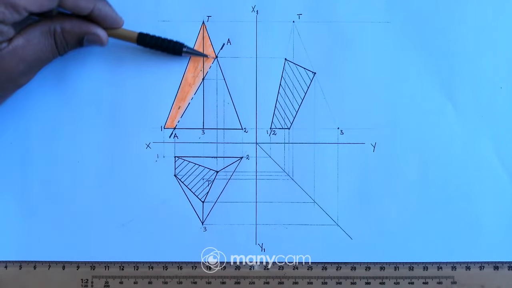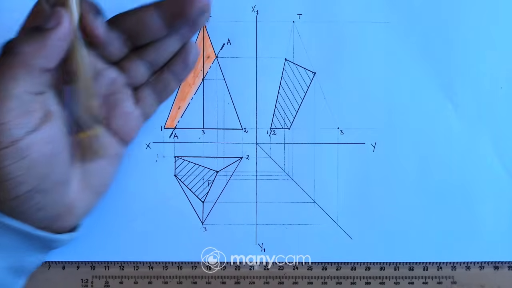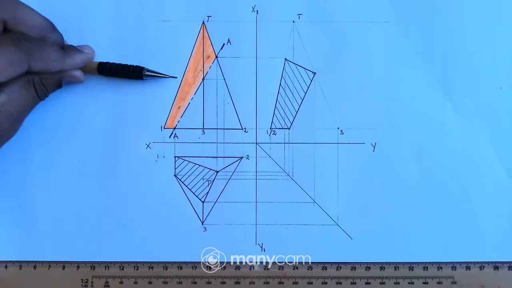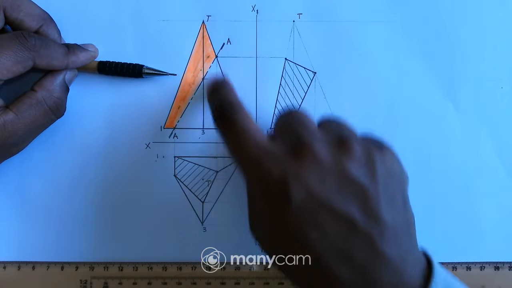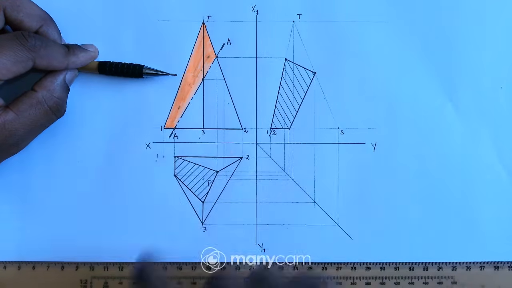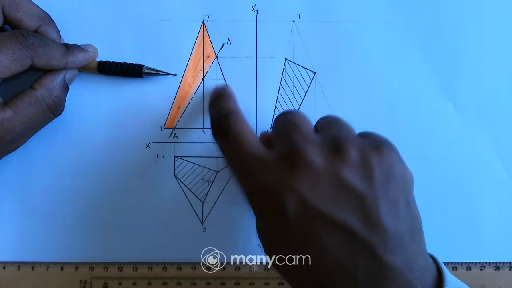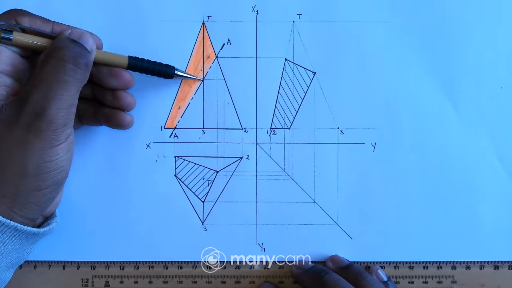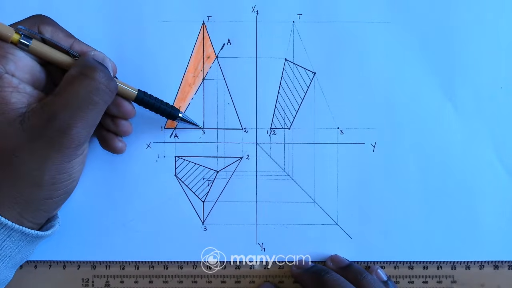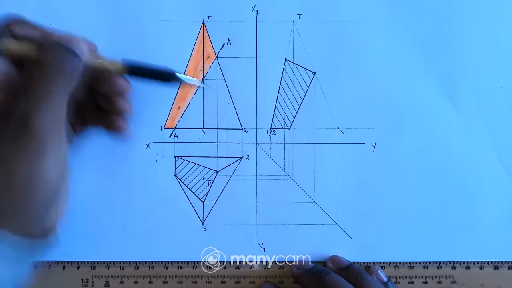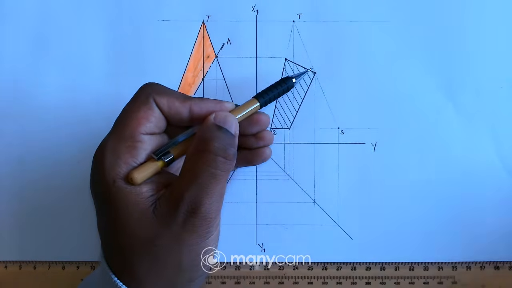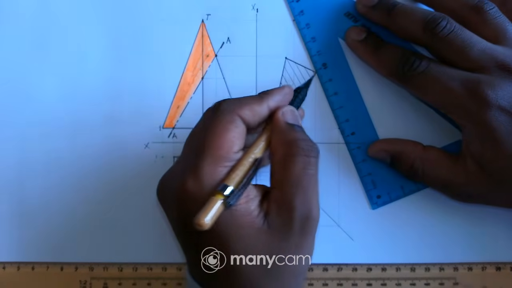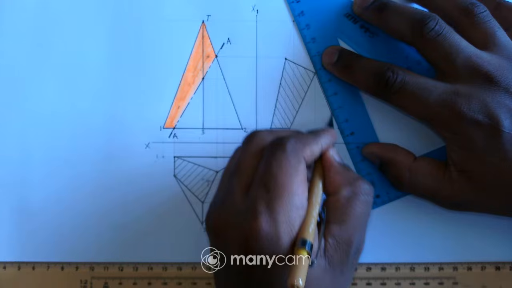So for us to see this cut surface, we have to remove this portion, and then that means we'll be left with this portion here, right? So now we have to draw in the remaining portion on our left view. So obviously we have that line, that edge, from 3 to that point, so that means it's this edge. So I'll have to draw that in from that point going down,